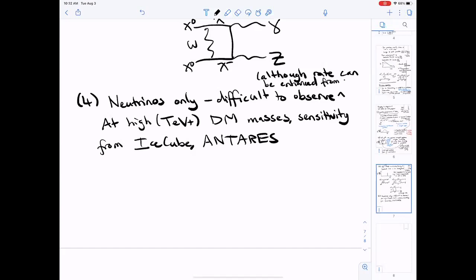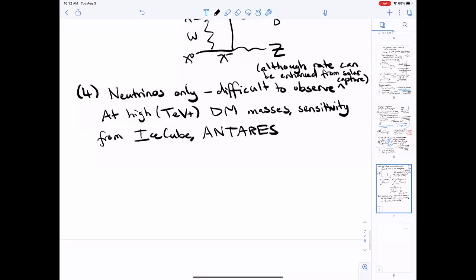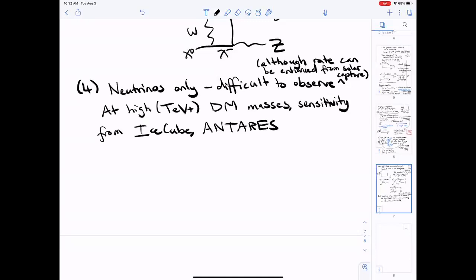from solar capture. The thing that always kind of confused me about this is, we try to constrain dark matter from the neutrinos coming from the sun, but we know there's tons of standard model neutrinos coming from the sun. So how can we possibly disentangle the two? You're not going to get TeV standard model neutrinos coming from the sun, or not a lot. Right. So I think the answer is the energy spectrum is what lets you try to do the separation.